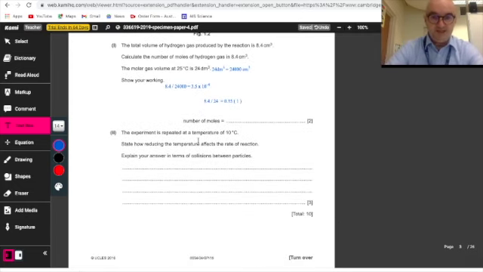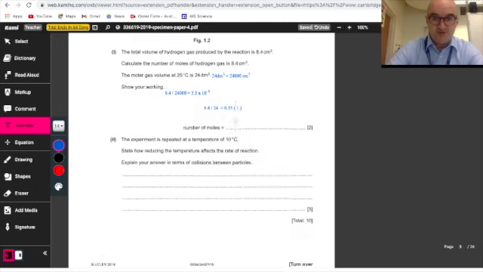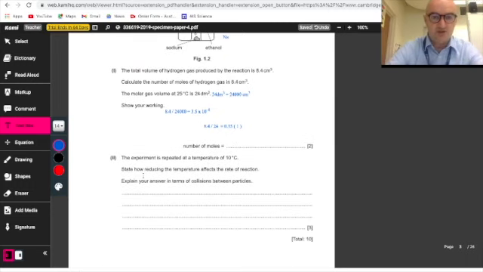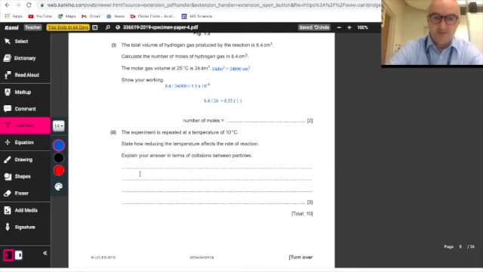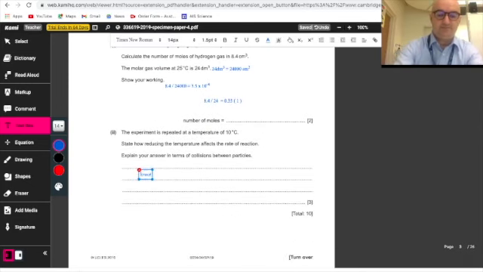The experiment is repeated at a temperature of 10 degrees C, so we've gone down in temperature, a lower temperature. Suggest how reducing the temperature affects the rate. So, lower temperature means lower average kinetic energy of the molecules. They are moving around with much less energy, more slowly. If they are moving more slowly, so slower